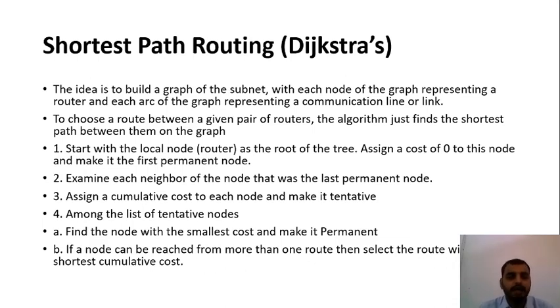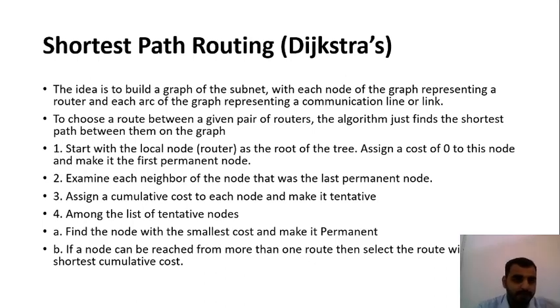The same thing applies in the routers. If a packet is to be sent from router A to router B or from router A to router C, it will see the shortest path to be sent through all of the routers, so that the packet is received on time without any delays and without any loss of the packets.